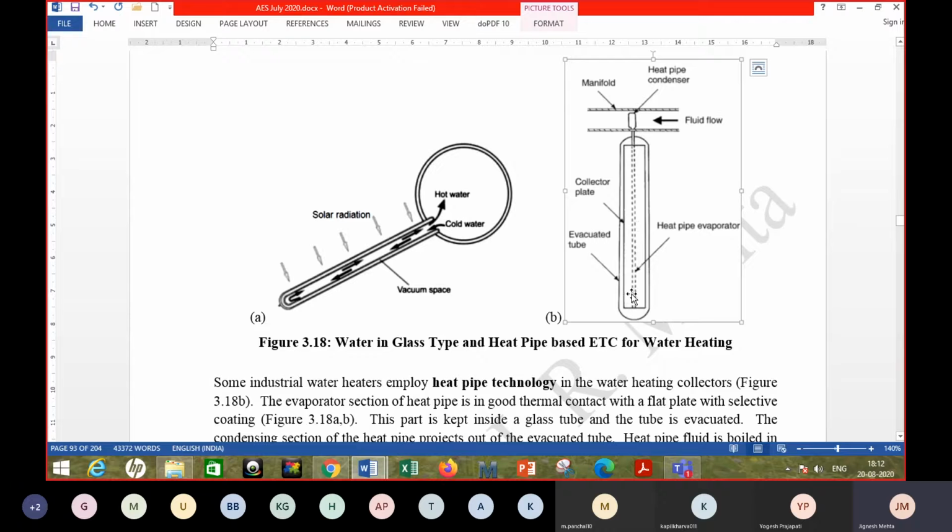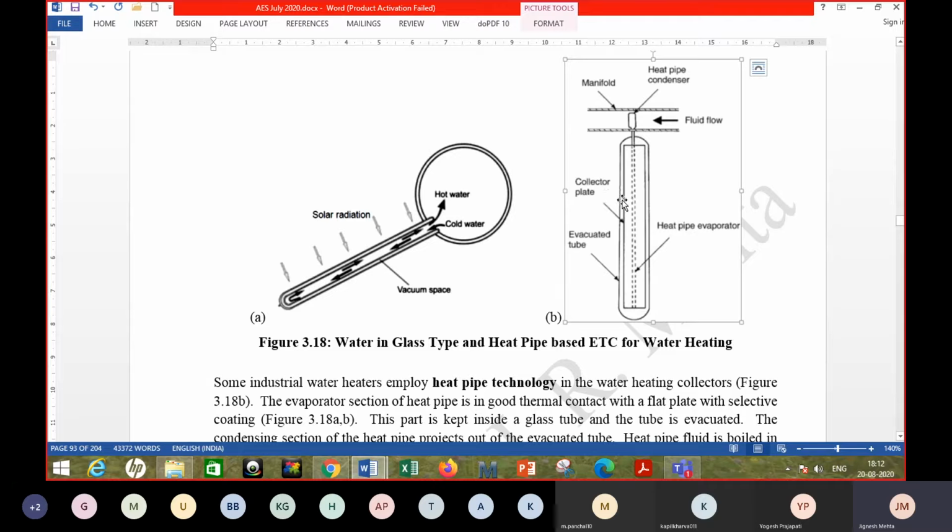Okay. And as it gets heated, it gives heat to the evaporator portion of the heat pipe, and there the heat pipe fluid evaporates or boils, and it goes into the other side where you have a condenser of the heat pipe which rejects the heat, and this is how the water or the fluid which is to be heated flows just in a straight line, and it passes over the condensers of multiple tubes one by one, and it gets heated. So it passes through just the manifold.